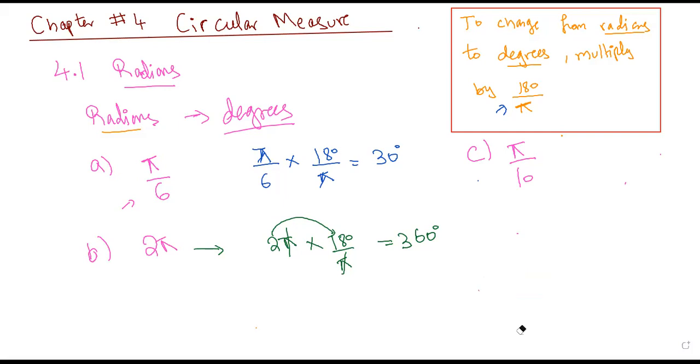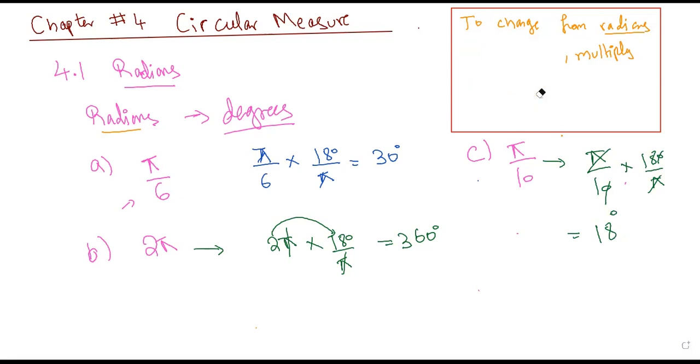Okay. And what about this one, the last one? Tell me the answer quickly. Simple multiplication of this angle with 180 by pi. The pi would be cancelled, 10 and 10 are cancelled, and your answer is 18 degrees. Okay. So this is how simply you can convert your angle from radians to degrees. And if I write down a similar note for the previous conversion where we had the angle in degrees and we wanted to convert it in radians, it would be